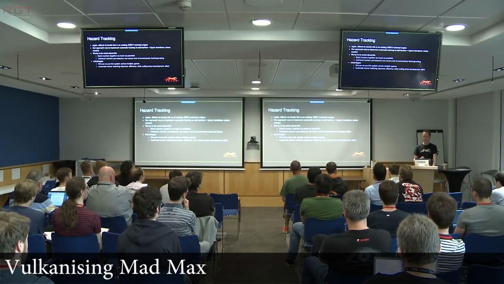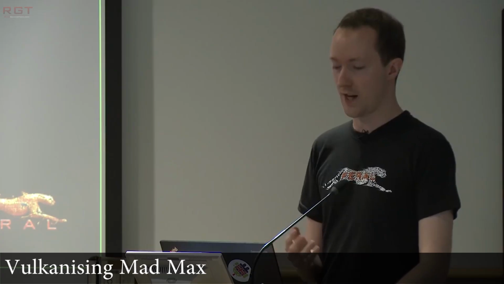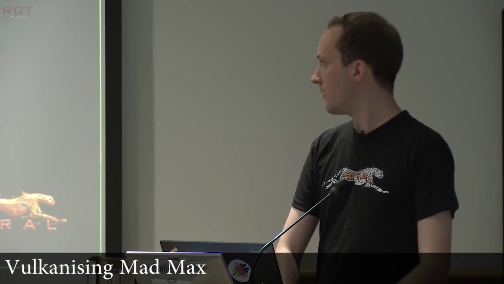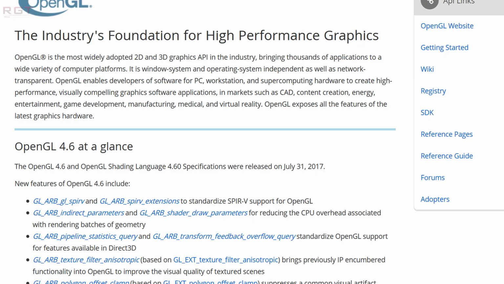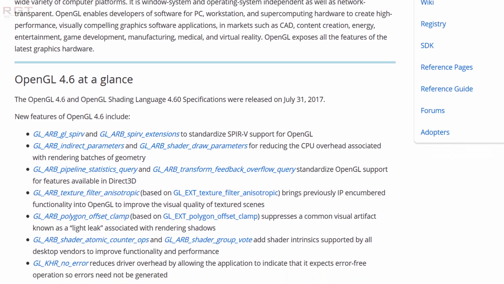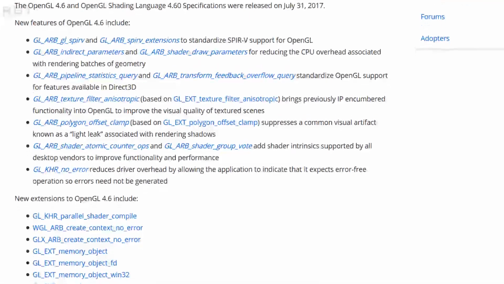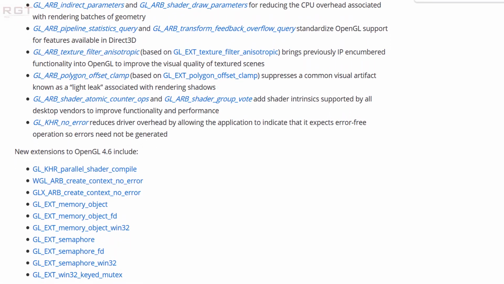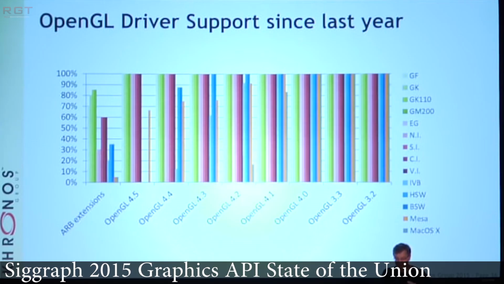Just a quick aside. What was it that you guys did with anisotropic filtering and SPIR-V with 4.6? I did read the notes, but I didn't get to read all of it, to be honest. What changes have you got with AF and SPIR-V with 4.6? Yeah, so those were the two big things. There was a bunch of extensions that have been out there for a long time, and we brought those into core. Some because the technology was now well supported enough across all of the OpenGL vendors, so we could bring it into core and not disenfranchise anybody. And that's a normal part of the evolutionary process.